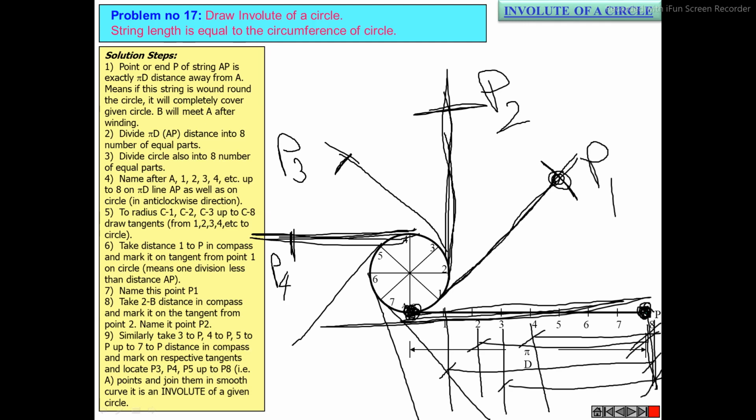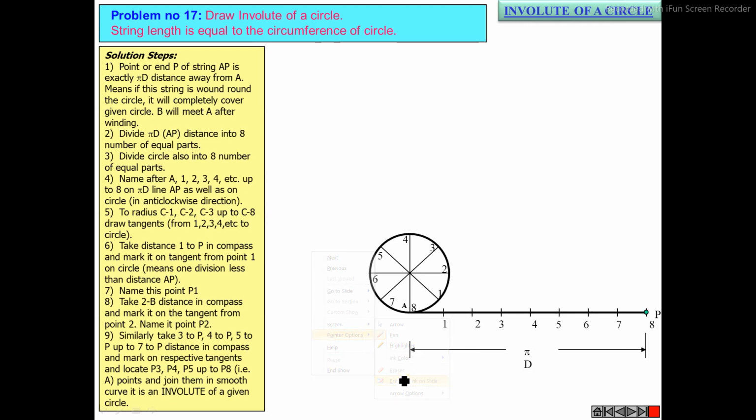Exactly, that last locus point will lie on the tangent line passing through point 8. Which 8? The 8 which is written on the circumference of the circle, right? Yes, sir. Why? Because for that case, your compass length will be this length only,